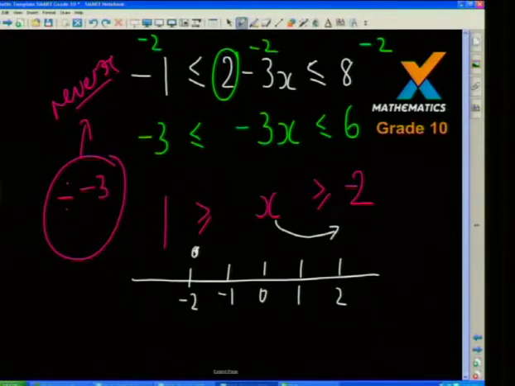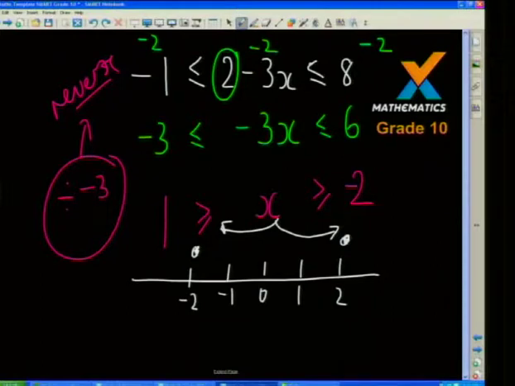And then we must have that x, reading that way, is smaller than and also equal to, so it must be colored in. Okay. And if we now join them, we are saying